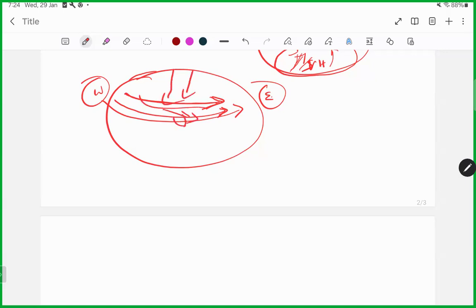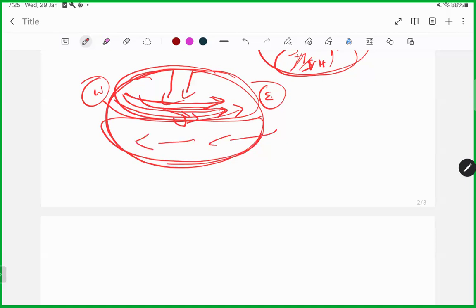So we also need to flip this, because the Coriolis force direction will be different in the southern hemisphere. In the northern hemisphere it is blowing parallel to the rotational direction, which is from west to east. In the southern hemisphere, it may be from east to west. So we need to understand the direction of the Coriolis force.